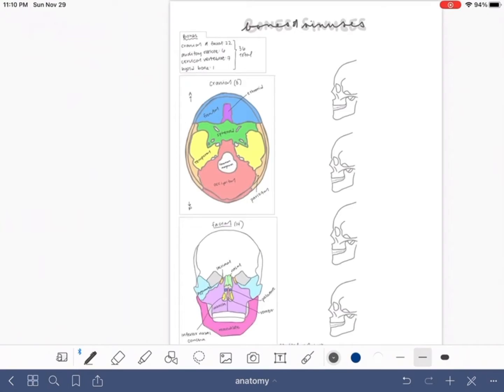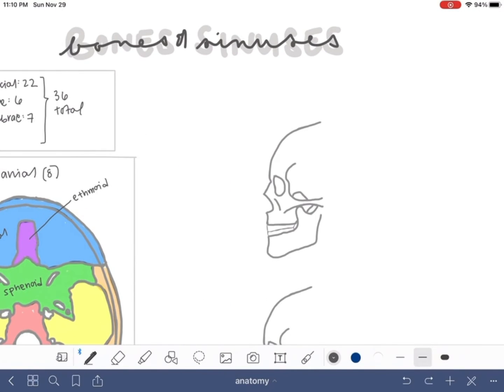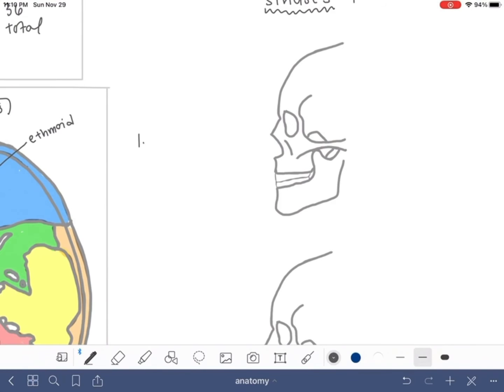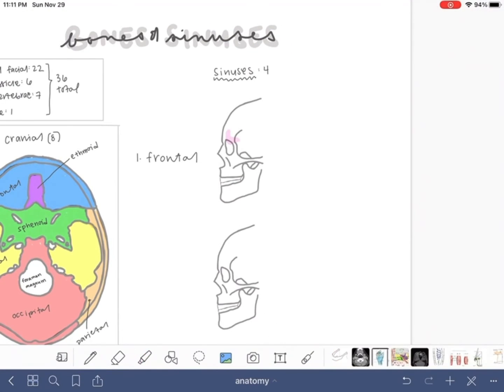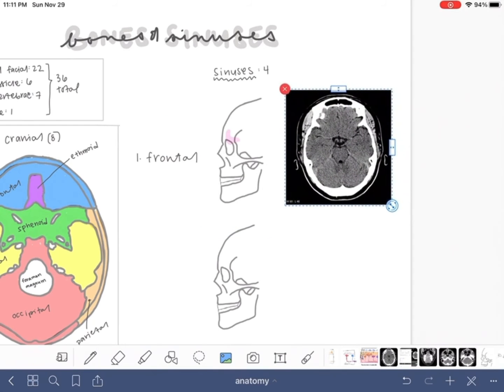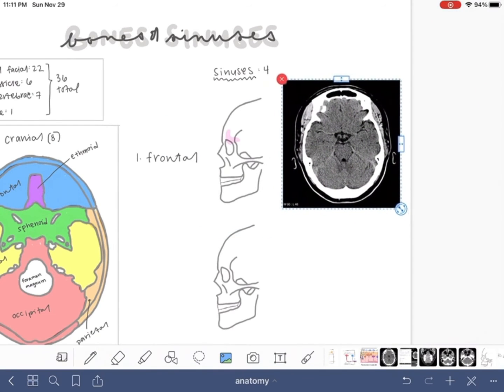I'm also going to be talking about the sinuses, which are some of the spaces that are in these bones, usually empty, can fill with fluid and stuff, and there are 4 total. First is the frontal bone. A lot of these, or actually all of them, are named aptly based on what bone they are located in. So that's the cranial bone, the frontal one there, and I have some CT images of these as well to show you guys. A lot of these came from Dr. Saltamachia's